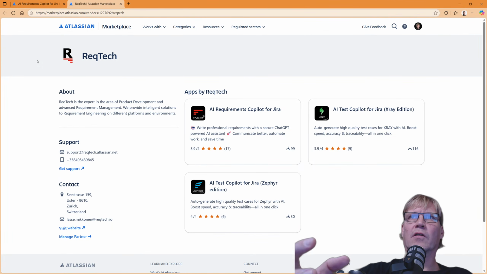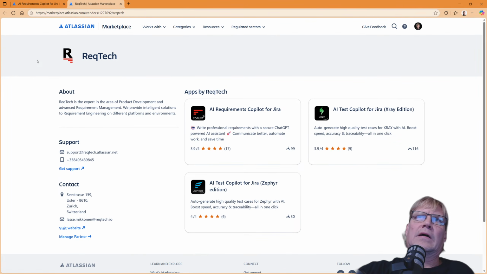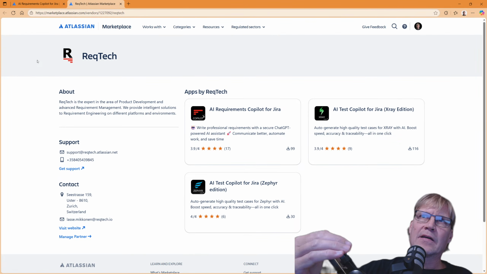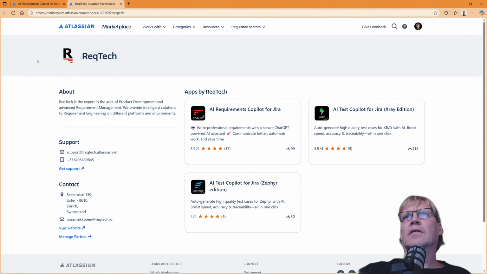So we are multi-vendor or multi-tool experts, yet most of the revenue from this side comes from the Atlassian apps, and that's where most of the user base is also in terms of the market size. But anyway, without further ado, let's jump to the demos and